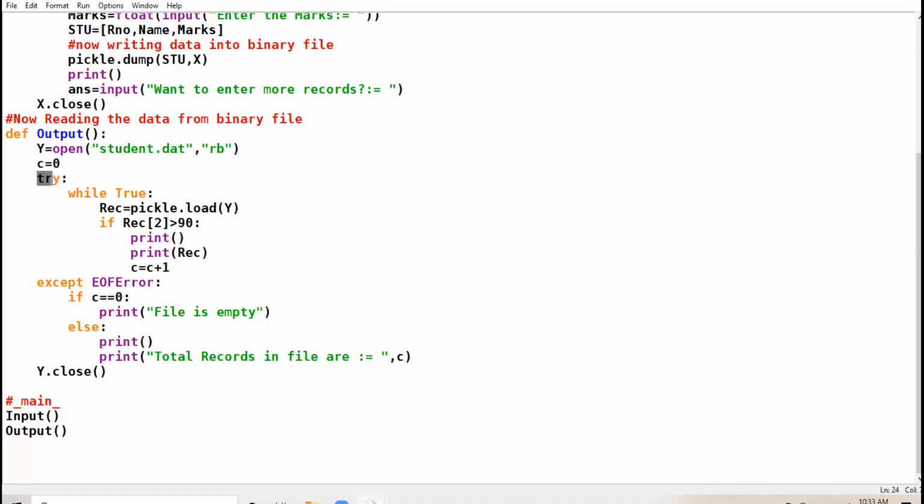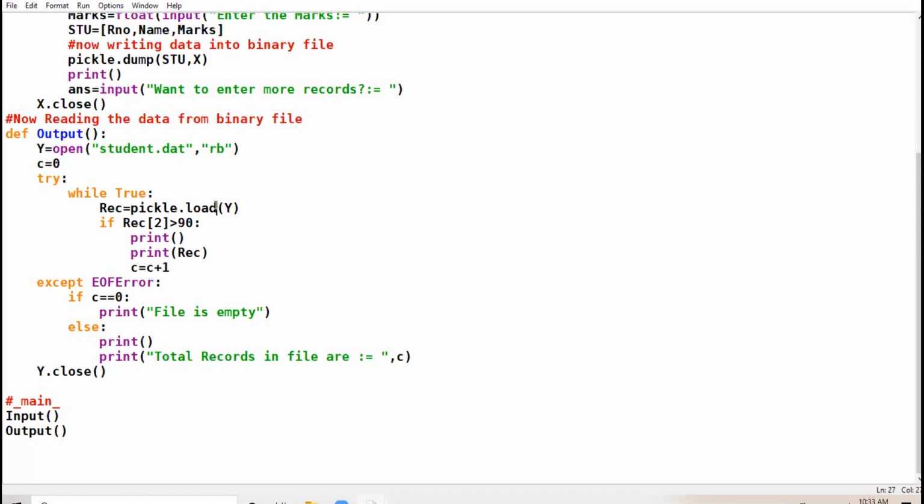Now in the try block, I am taking the while loop until the records are being read. The loop will continue. Using the load function of the pickle module, I will be reading my records.